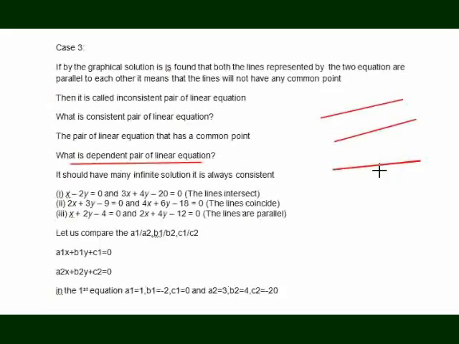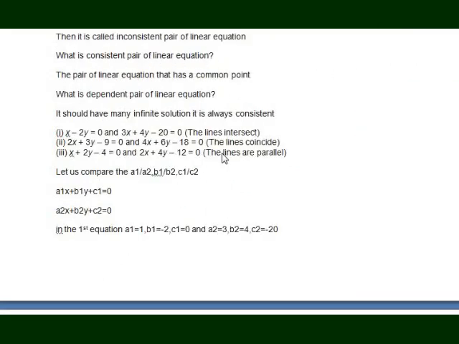In this case it should have infinitely many solutions, because these two lines should have an infinite number of common points. So this is the case where the pair of linear equations is known as a dependent pair of linear equations. Here we will try to find out the consistent, inconsistent and dependent linear equations by comparing